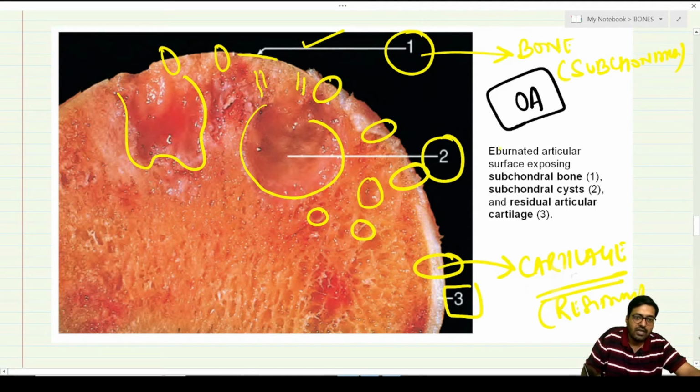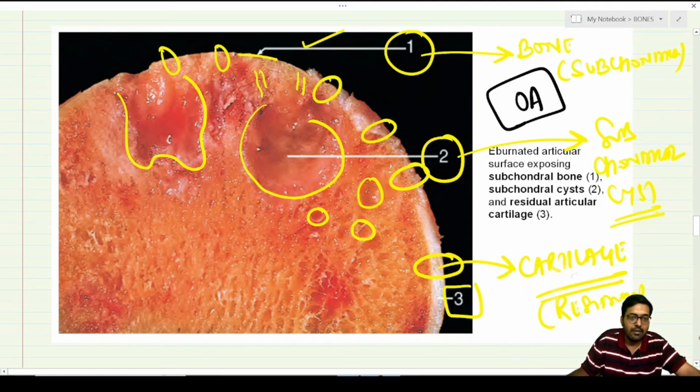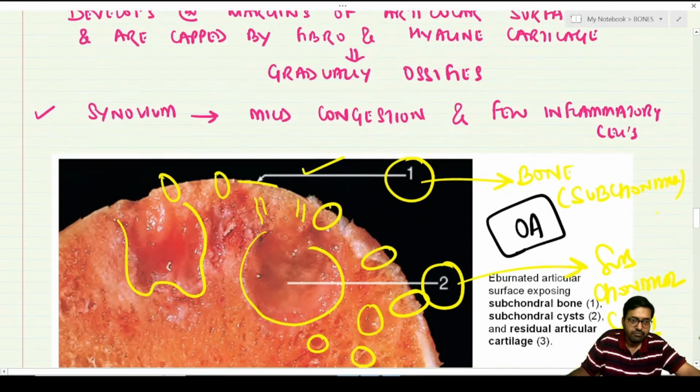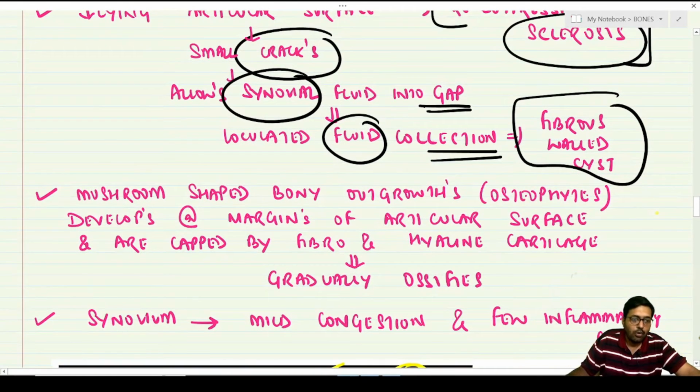So the number 2 structure, as we are looking over here, is called the subchondral cyst, as we can appreciate. So this is how it grossly appears morphologically. Okay. Now, not only this, the mushroom-shaped bony outgrowths, osteophytes, are also developing at the margin of